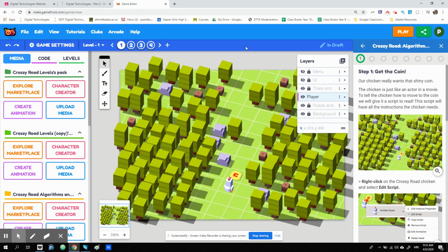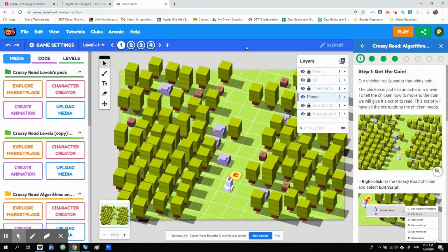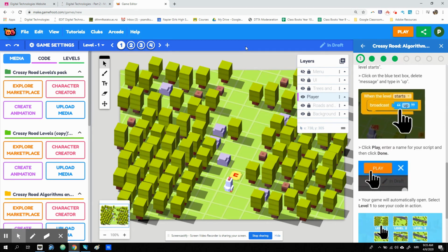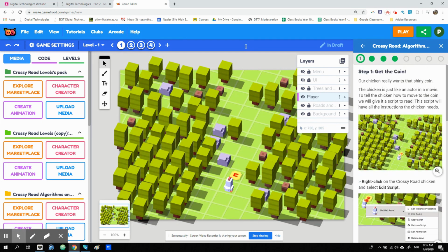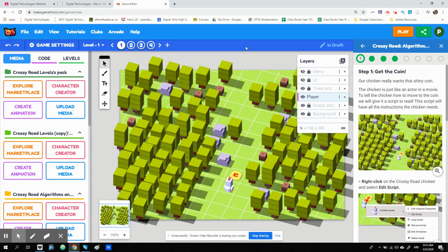Right, so once that's loaded, you see a Crossy Road chicken, and you'll see down the top here, there's 1, and I can click on those circles, 2, 3. Those are the steps you'll go through to finish your tutorial. Really, the only thing you need to do is read those instructions, and do things when it asks you to do certain things. And you'll do all those levels,